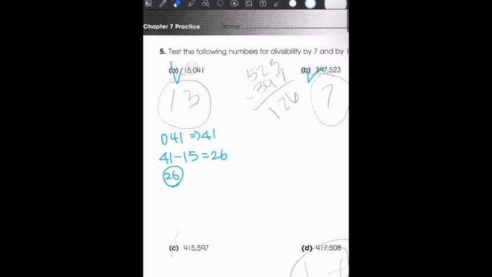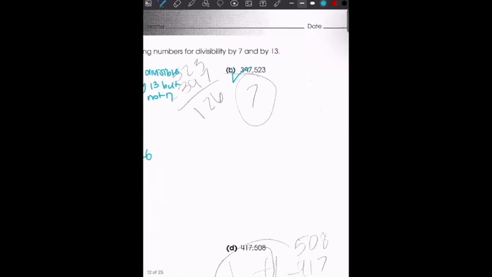So 15,041 is divisible by 13, but not 7. For the number 397,523, the last three digits are going to be 523, and the preceding digits are 397, so the difference is going to be 126. Now 126 is divisible by 7